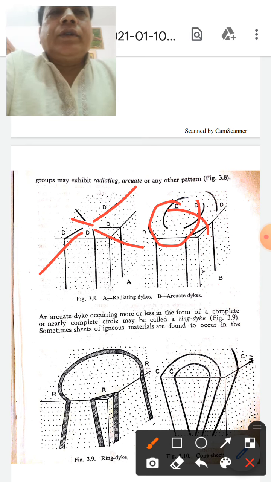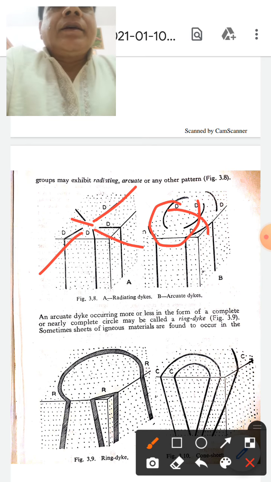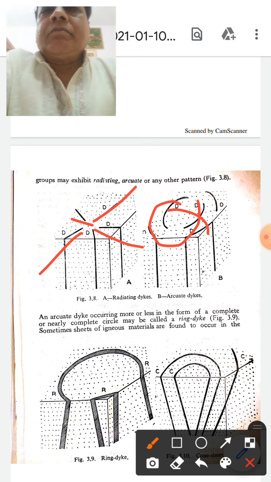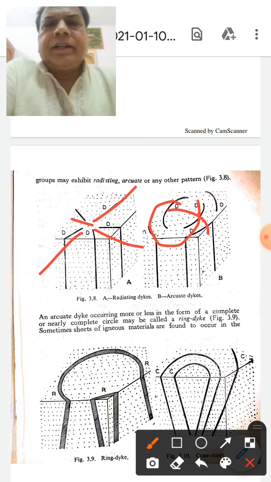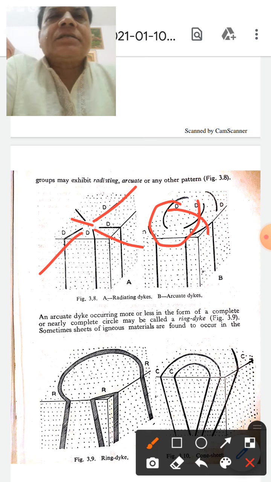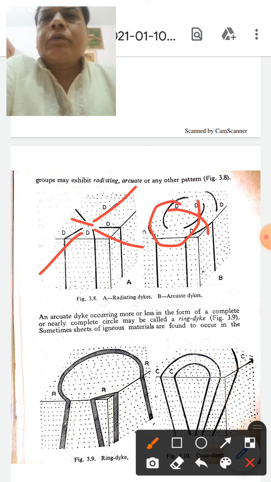Depending upon their shapes, as I just told you, they occur in groups or sets. Dikes are classified as simple, multiple, composite, differentiated, the same terms we used for sills, with the same significance. Dikes are formed by intrusion of magma into pre-existing fractures, that is important, present in the host or country rocks. Ring dikes are characterized by typically arcuate, closed, ring-shaped outcrops.